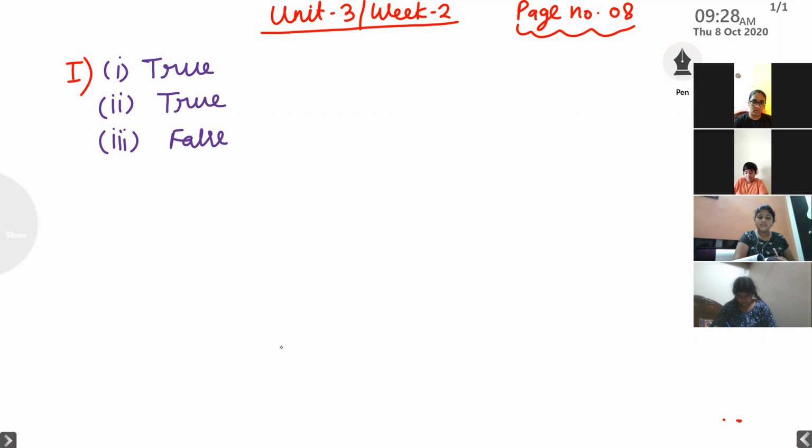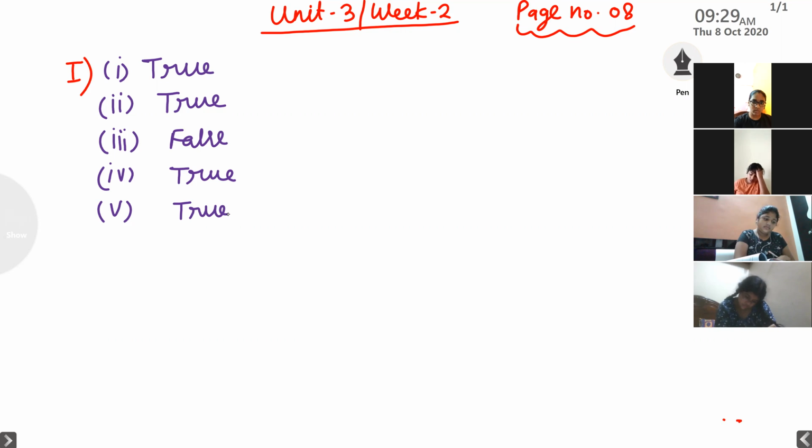Fourth question. There exists only one rhombus with side 4 centimeter. Yes. If side they have given 4 centimeter, we can draw only one rhombus. Fifth bit. To construct a kite, it is sufficient to know the length of diagonal. Yes. Already we have done this construction. Hruday has given answer. Firstly, bisect that line segment, and if you know diagonal, half of length will be up and half of length will be down.